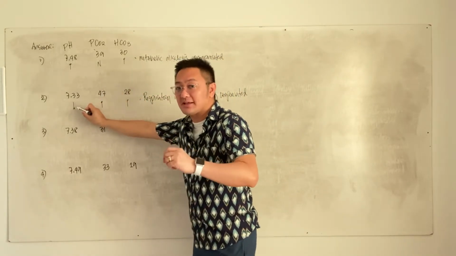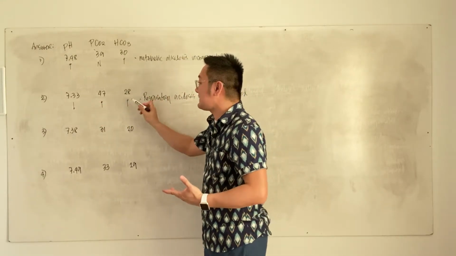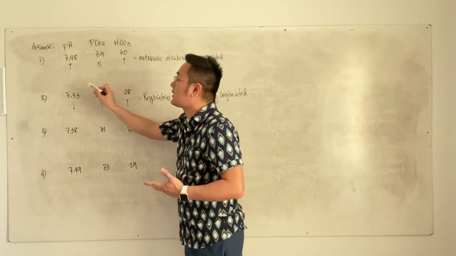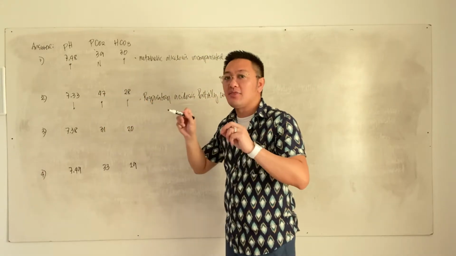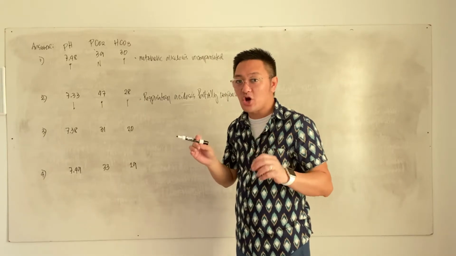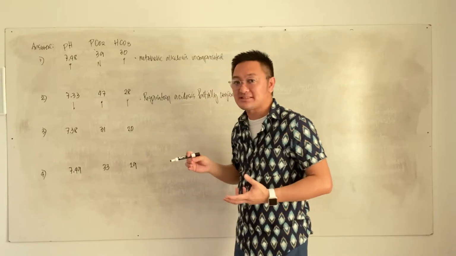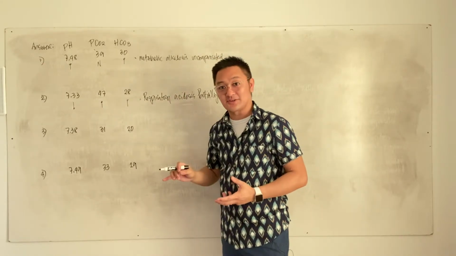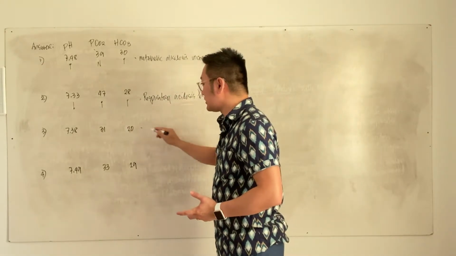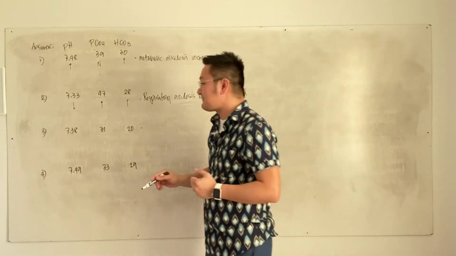The problem there is the other system is trying to compensate by increasing bicarb but failed to normalize the pH. That is why the compensation there is not successful. The compensation there is only partial. Okay, so this is your partially compensated. So that must have been your answer. Okay, now what about here in your values, in your number 3?